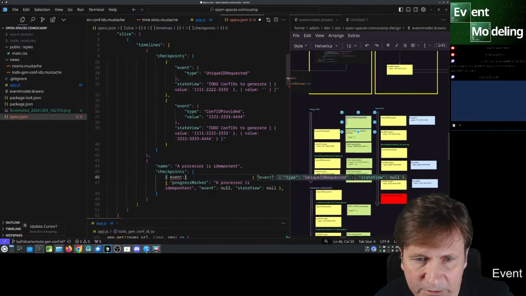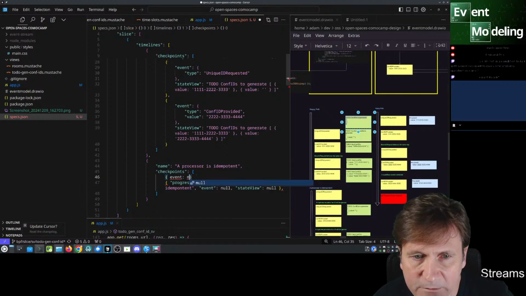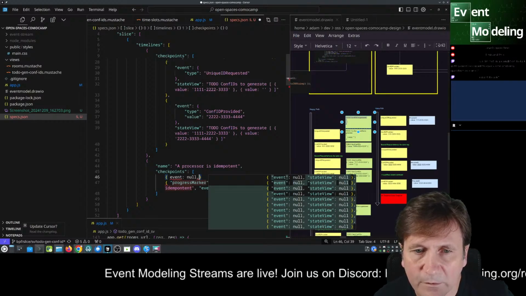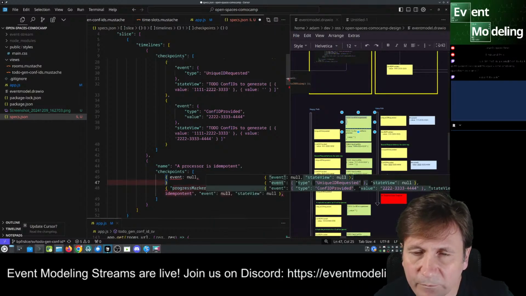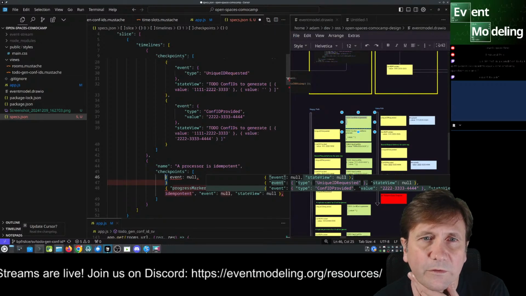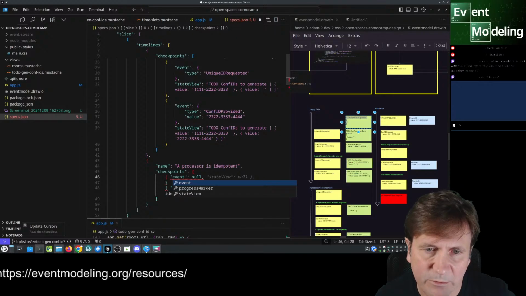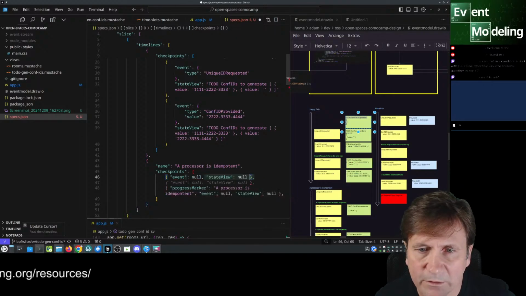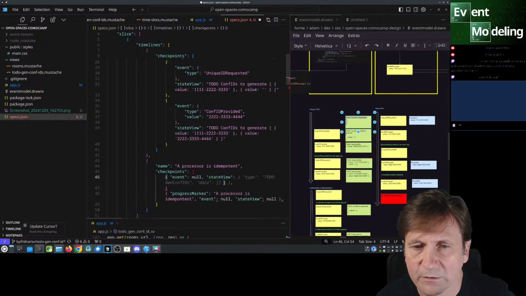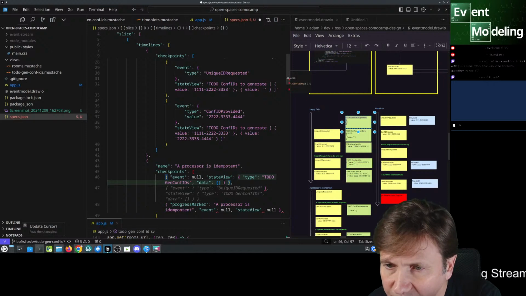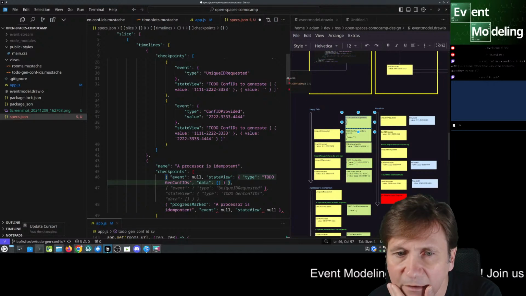What did it do? Get rid of that. Checkpoints, event. What? I guess it has to have the stupid quotes. And no, state view is not null. And it's not type.